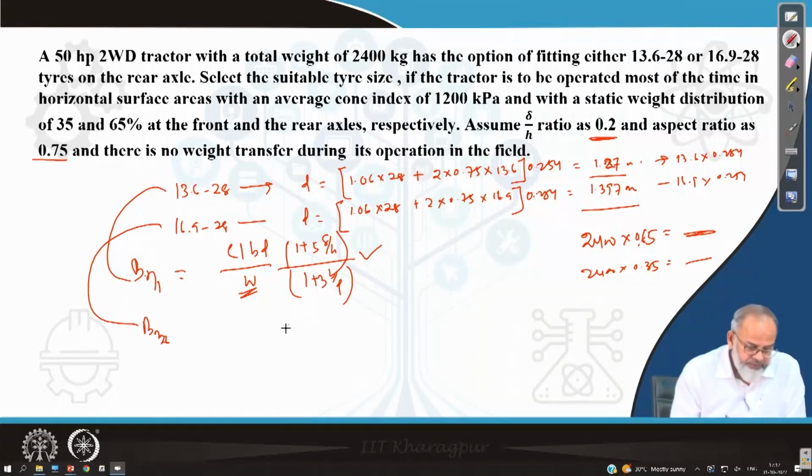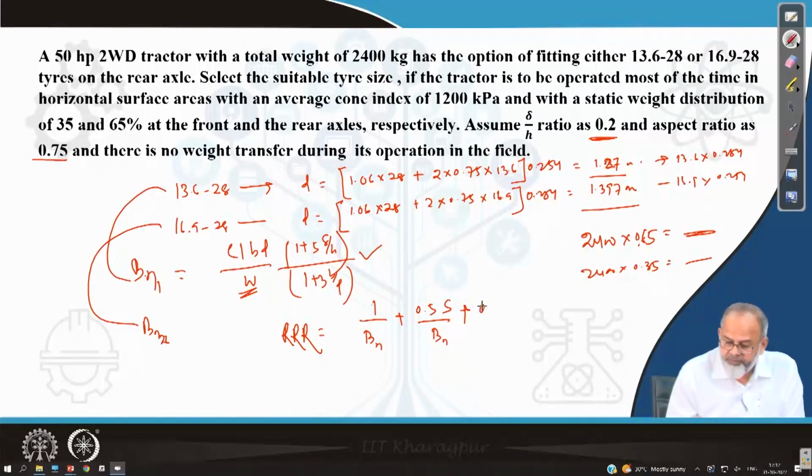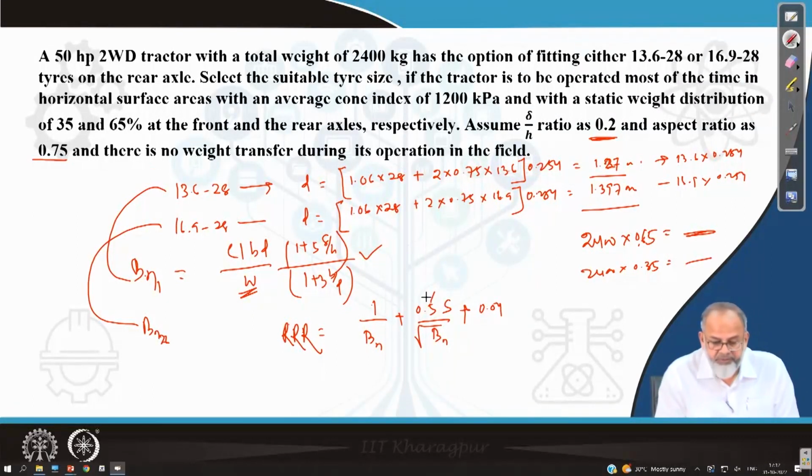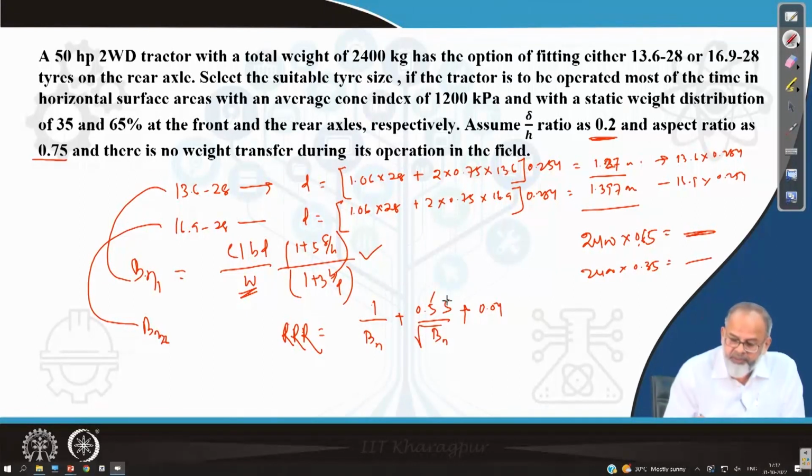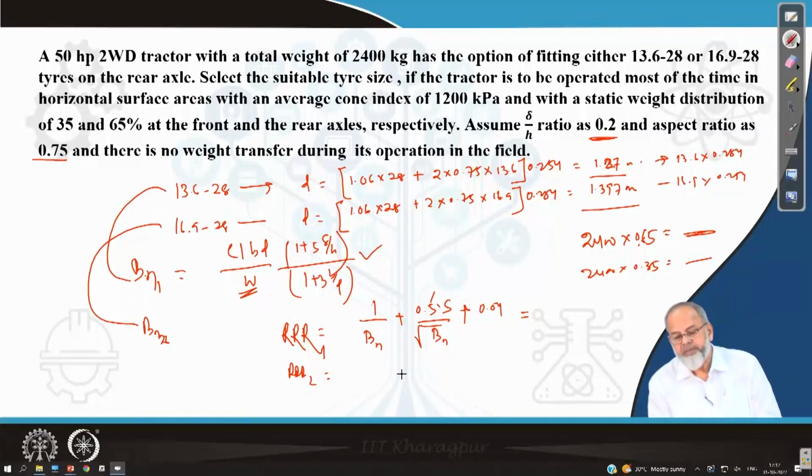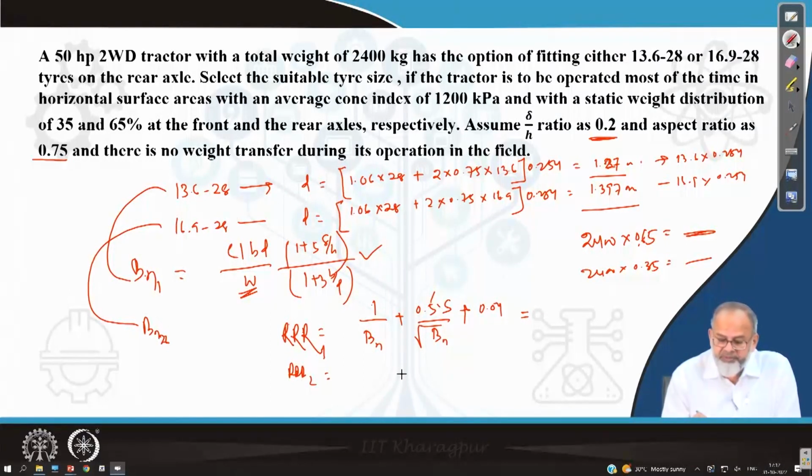Then we calculate the rolling resistance or motion resistance ratio. That is nothing but 1 upon Bn plus 0.5 S by Bn plus 0.04 square root of Bn. Now, in this case, since slip is not given, you can assume a slip value of 10% and then compute rolling resistance for wheel 1 and wheel 2, and then compare which one will give you lesser resistance. So, the wheel which is giving lesser resistance is better. To further